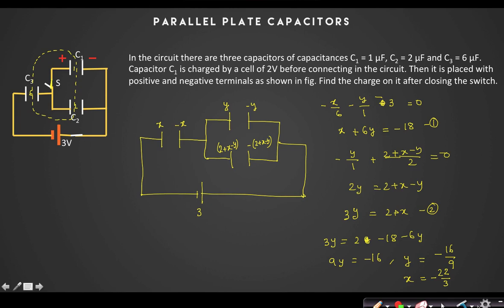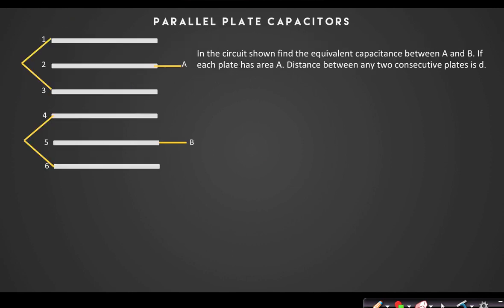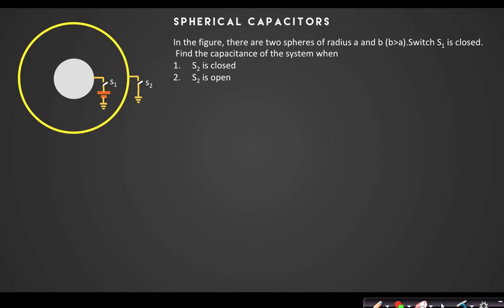Let us think about another type of capacitor, like a spherical capacitor. You can see that spheres can also be capacitors. As I have said, any metal that can store charge, and from where I can draw charges when needed, is a capacitor. So a spherical form of metal is also a capacitor. Like in this question, we have two concentric metal shells, one having a radius A, another having a radius B.